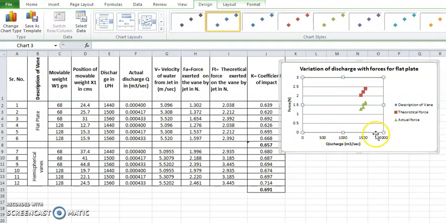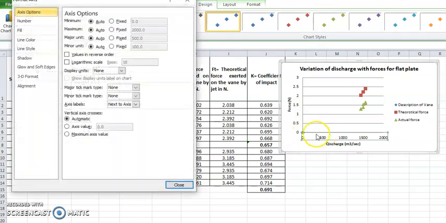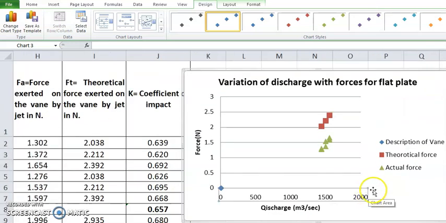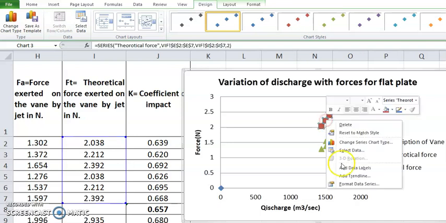In case the x-axis or y-axis is not starting from 0, you can double click here and you can change whether it is fixed somewhere or not. If not, then it's okay. If it is fixed somewhere above 0, you can select it to 0, fixed value. Then I'll be focusing here. Here you can see the points, and you can draw the trend line.